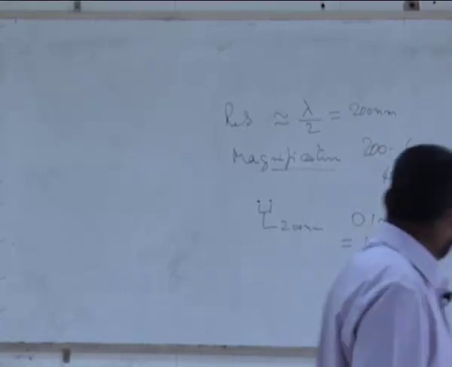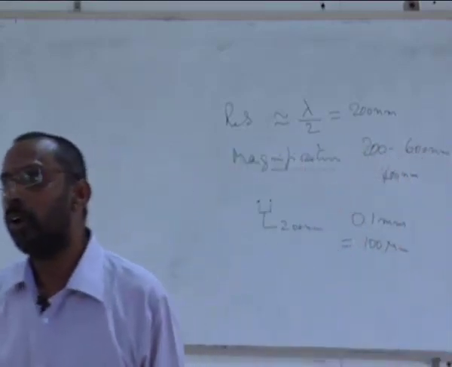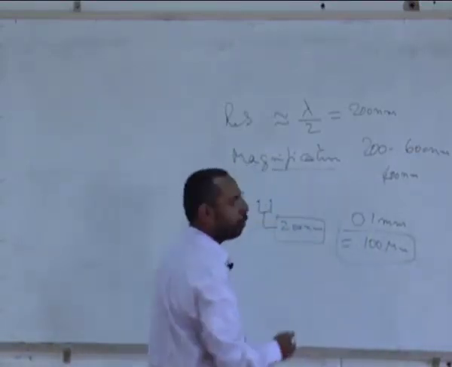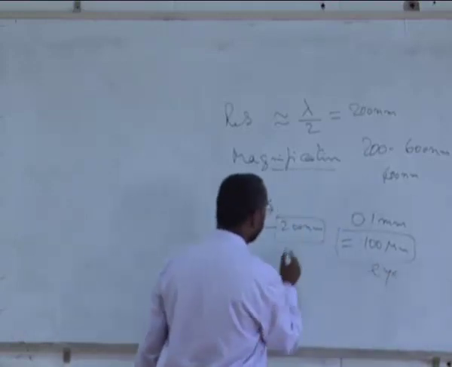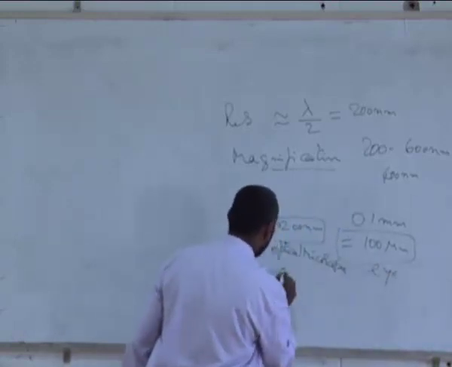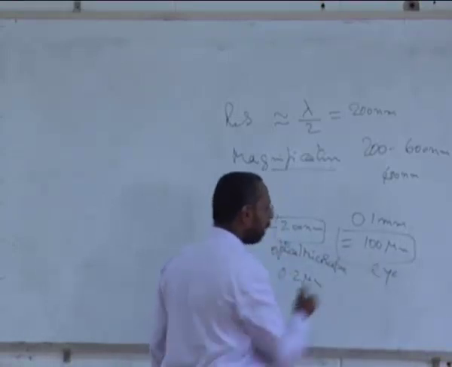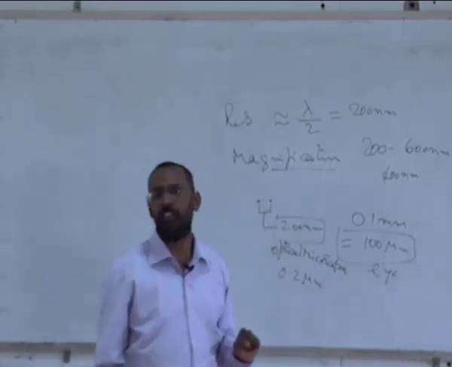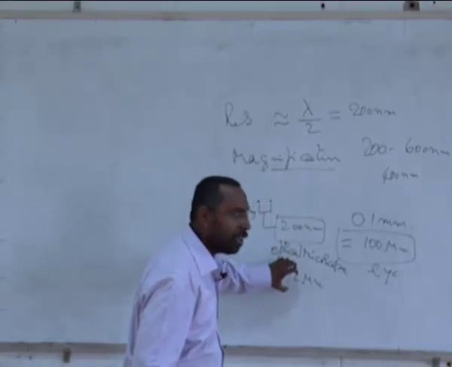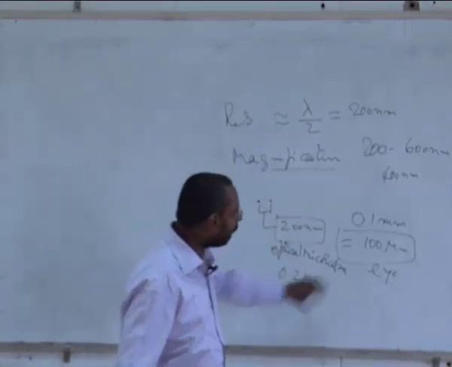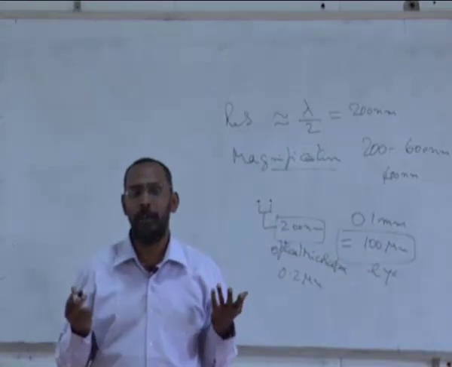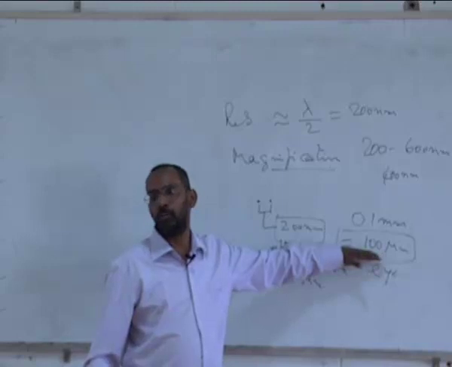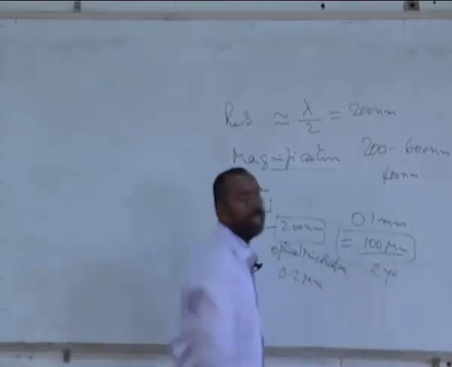So as a result, we usually know that this is the resolution of the eye, and this is the resolution of an optical microscope, which basically means 0.2 microns. This is 100 microns, this is 0.2 microns. So if I want to be able to see this particular feature, unless this feature is magnified in such a way that it comes to this particular distance, my eye cannot see. My eye cannot see this distance. My eye can only see this. Any two spots separated by this distance only my eye can see.